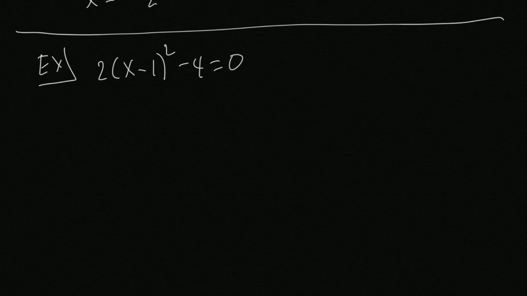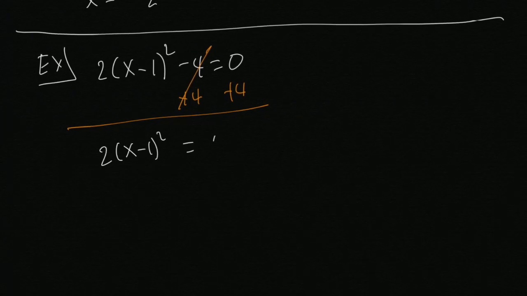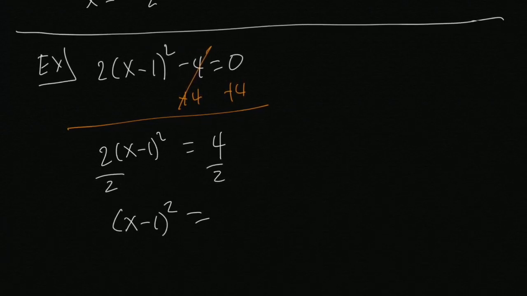So first things first, we will add 4 to both sides, thereby eliminating the 4. And so that will leave us with 2(x minus 1) squared is equal to 4. Then we will divide by 2. And that will leave us with (x minus 1) squared is equal to 2. Then we'll get rid of the square. You get rid of the square by taking the square root on both sides. So you will have a radical here, radical there, radical everywhere. And of course, the radical will cancel with the square. And so that will leave me with